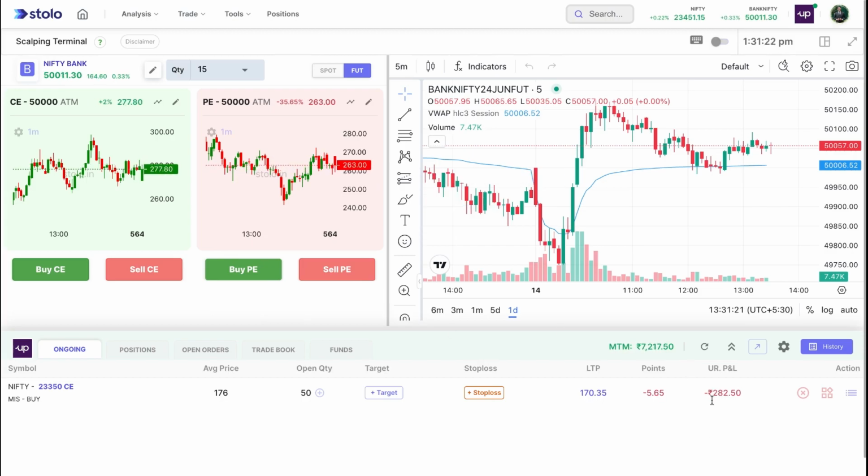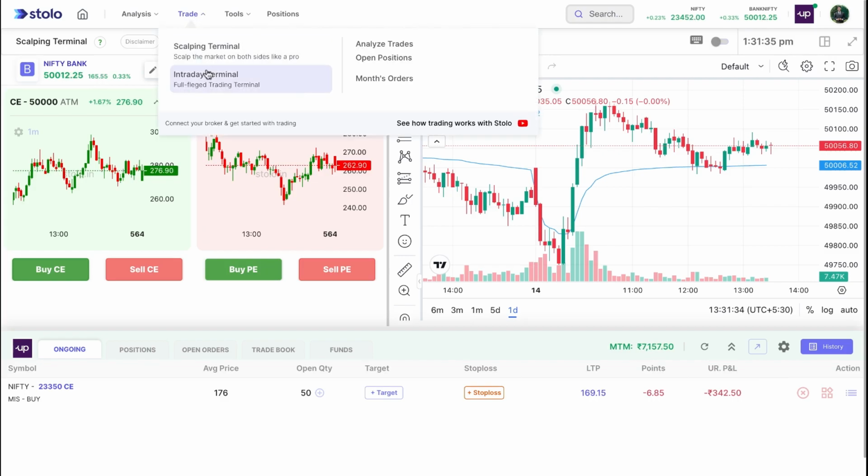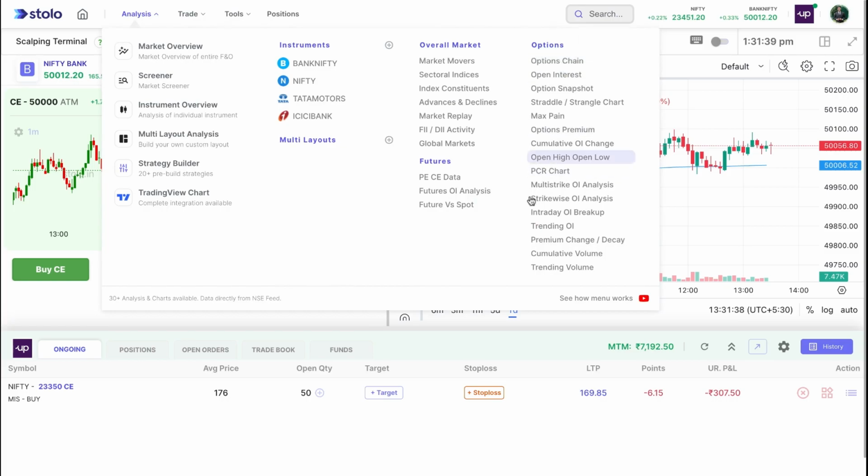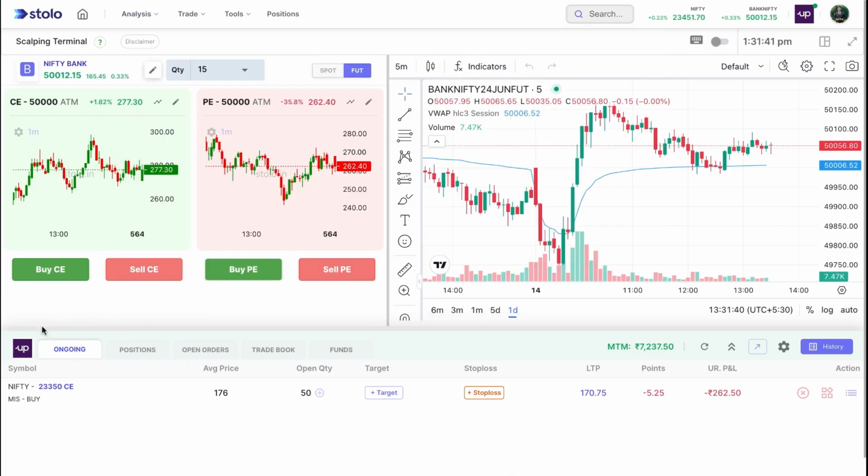The feature that all of you have been pinging us about was predefined stop loss and target, right? So I'll tell you where you can find this as well. Once you have opened any of the terminals, let it be the intraday terminal, scalping terminal, or even inside the option chain or any of the analysis, you can see this order management window down, or the trade widget, right? You can see here where you can see all your ongoing orders,